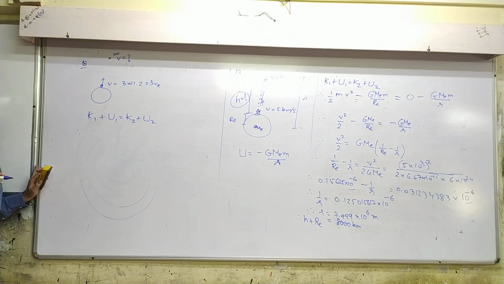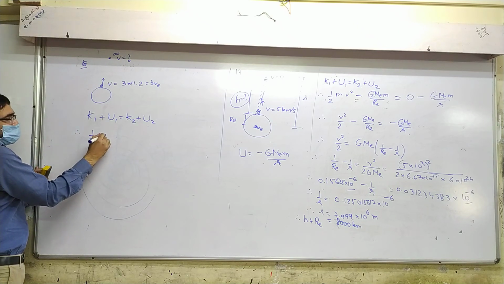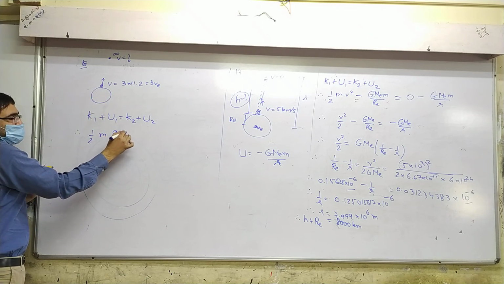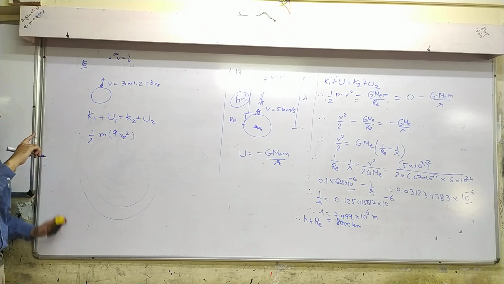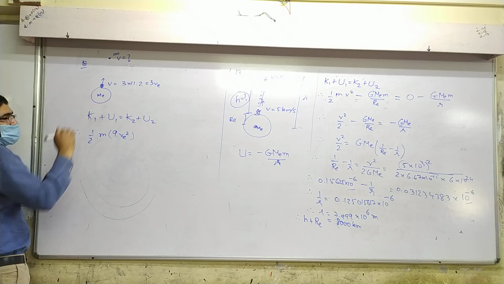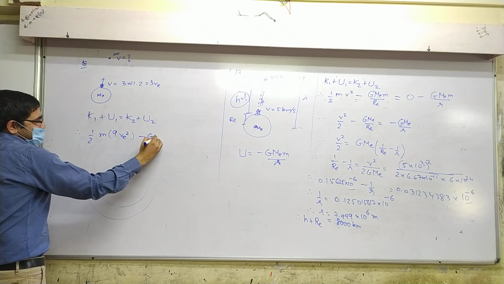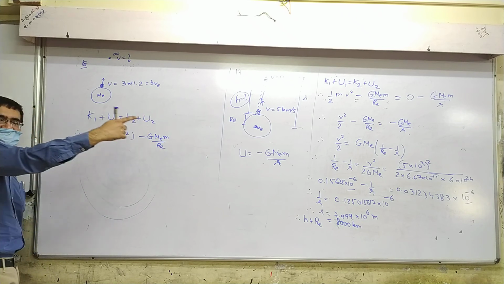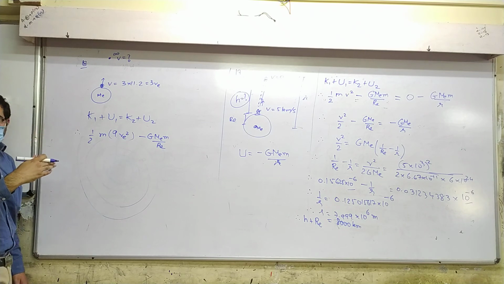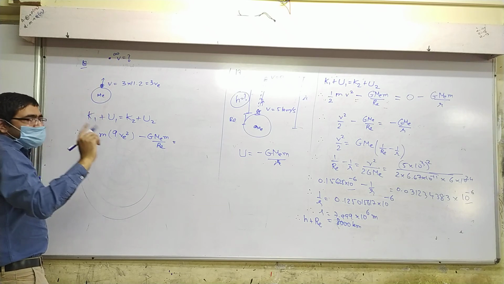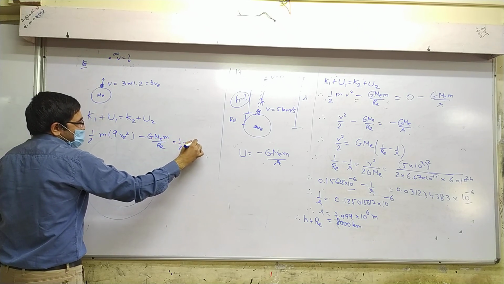Initial kinetic energy is half m v square. So what is v square? 9 VE square. Okay or not okay? Yes. Absolutely clear, everybody? Plus u1. When this particle is here and this is Earth, how much will be the potential? Minus G Me m by r. Just like the previous question. Equal to the final kinetic energy, half m v square.